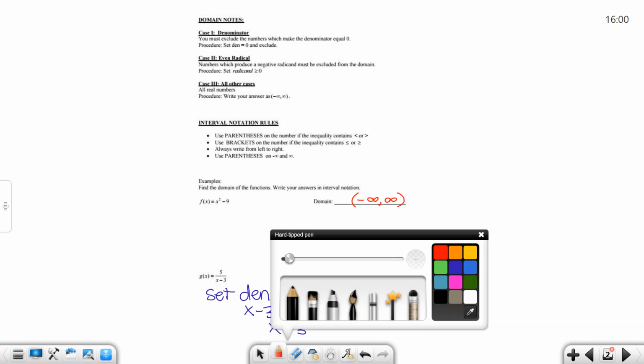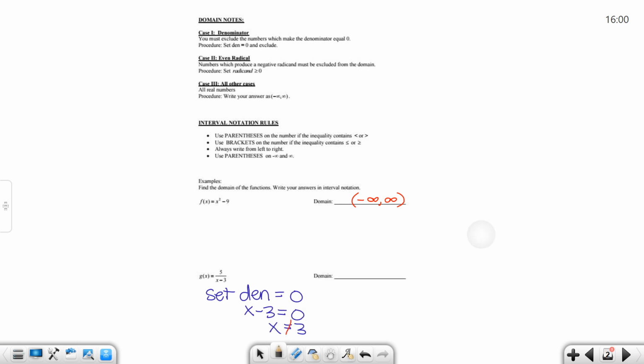Okay? Let me get back to a different color. So if we're talking about a number line, and you have the number 3 here on the number line, that means all of these numbers are good, and all of these numbers are good. The only number that's not good is 3. So that means we would go as close as we can to 3 but not include it, and as close as we can to 3 on the other side but not include it. So that would be from negative infinity to 3,